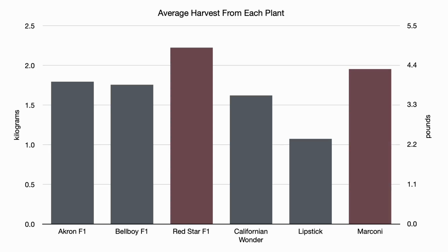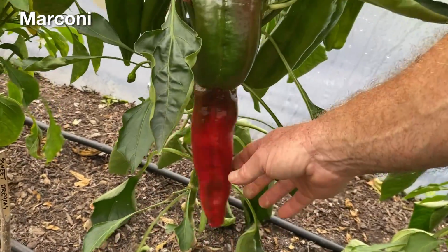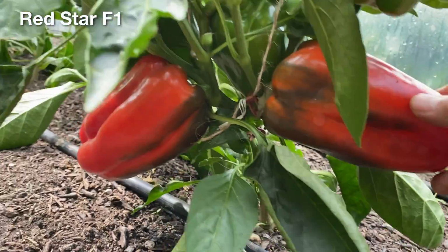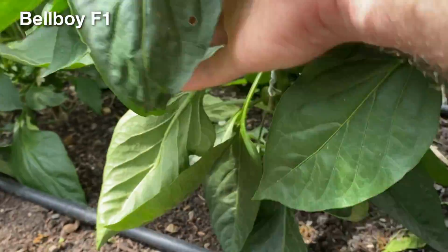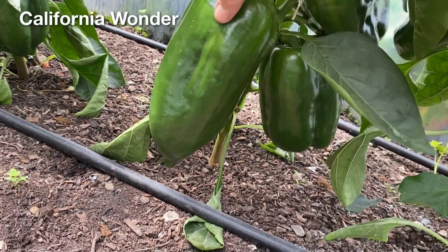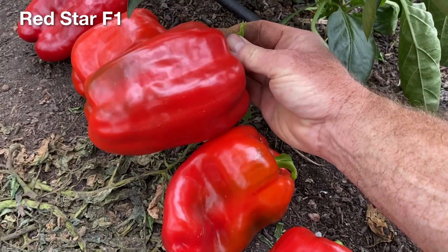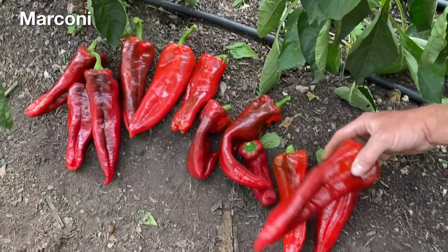Both the Red Star hybrid and the Marconi open pollinated varieties produced the most out of this small trial, and I like the taste of both and the difference between them. And these varieties both started producing earlier than the others, with the first ripe peppers ready for harvesting at the beginning of August. The peppers of some of the other varieties didn't really turn red until almost 3 weeks later. So if I was to only grow 2 varieties of sweet red peppers, I would grow the Red Star and Marconi varieties. They were both early, relatively high yielding, with good quality fruit, and enough difference between them to be